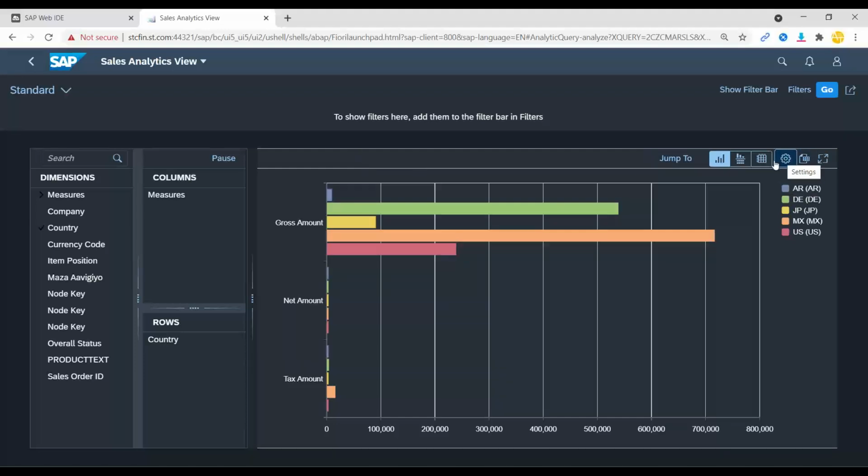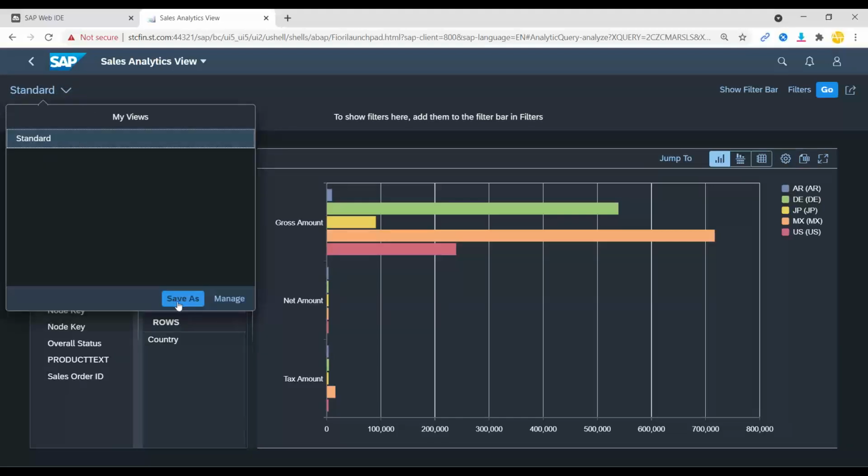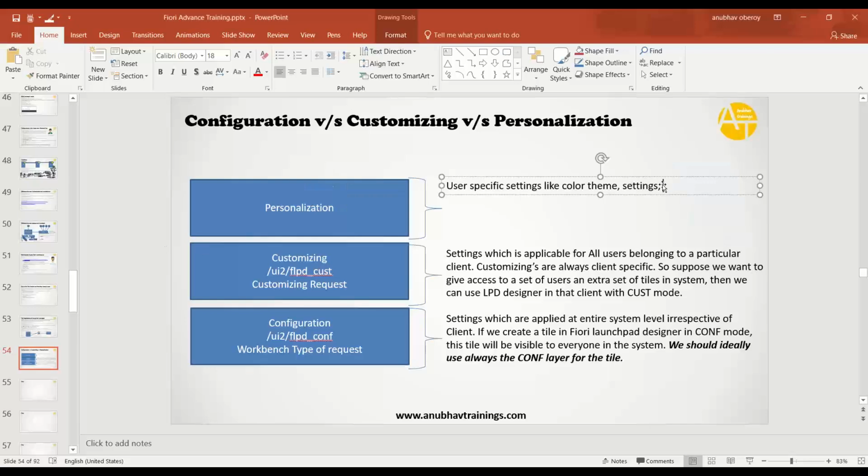So all the table settings, all the variant settings, these variants, when you create them, they are all personalization settings. They are only specific to the user. So all the variants which you create, all the settings in the table, they are all examples of personalization settings. They only affect the layout of ALV, exactly, only the user who did it. Only that user is affected. Now this takes the highest priority